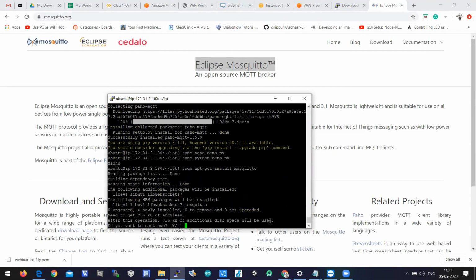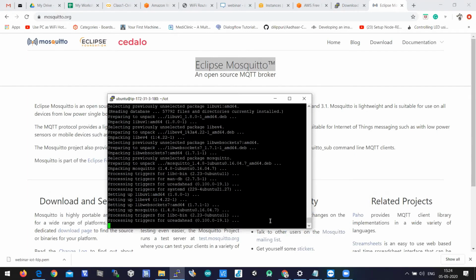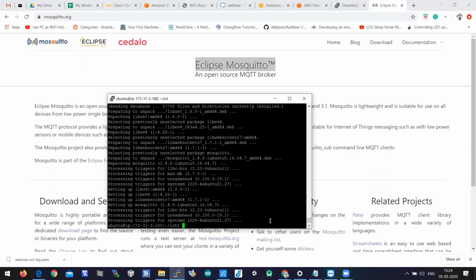It is asking yes or no. Press Y and hit enter. When you do that, Mosquitto will be deployed on your AWS instance, and thereby your AWS instance is converted into an MQTT broker.